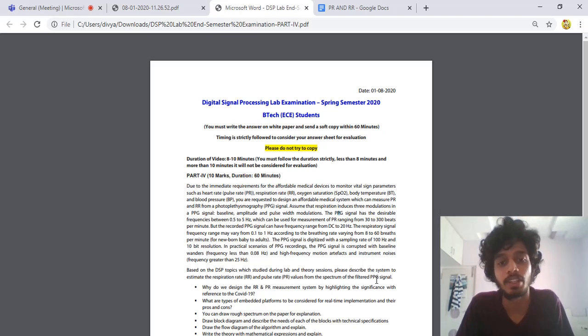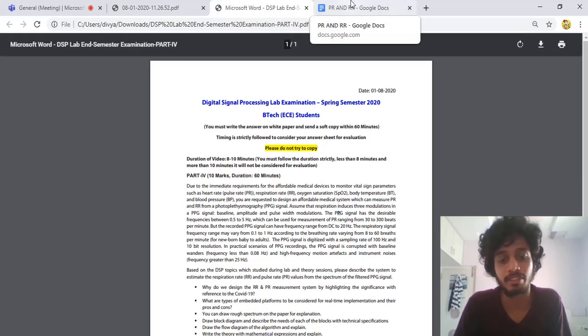In this video, we'll be looking at the estimation of respiratory rate and pulse rate from a PPG signal and respiratory signal, which is filled with noises. Currently, with the COVID outbreak throughout the world, this virus infecting millions of people, respiratory rate and pulse rate play an important role in determining the situation of the patient, of the victim.